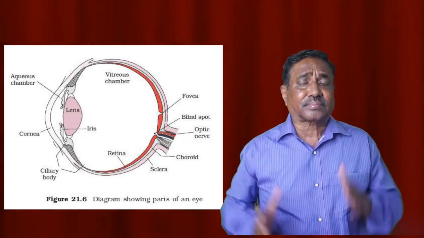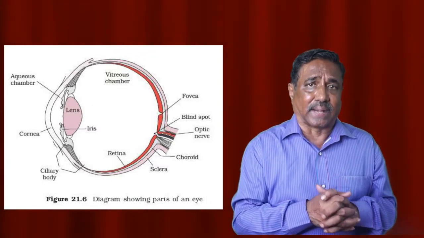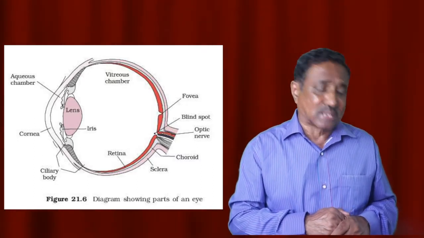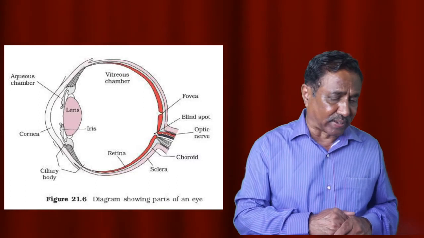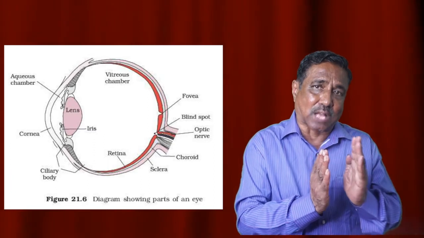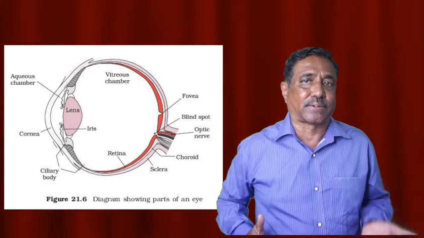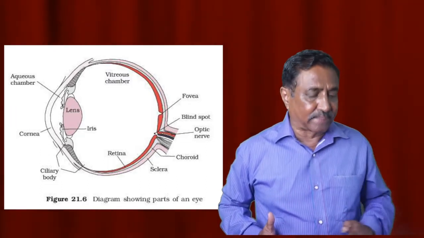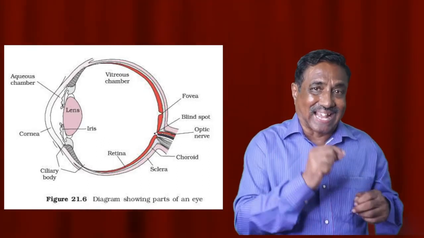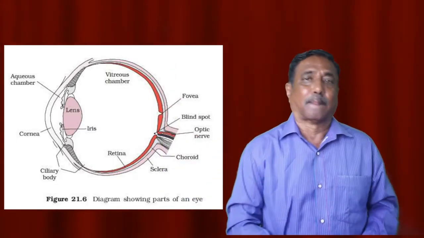How does the eye work? When the light enters through the cornea, the aqueous humor and vitreous humor refract the light and make it fall on the retina. And in the retina two kinds of proteins, opsin and retinal, are present, and this light separates the opsin from the retinal. Because of this, certain changes take place. The light energy will be converted into chemical energy, and then through the retina, that is the ganglion cells and bipolar cells, the information will be sent through the optic nerve to the brain.